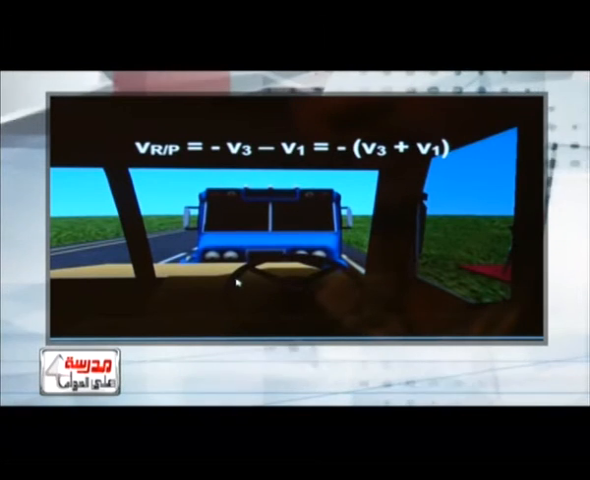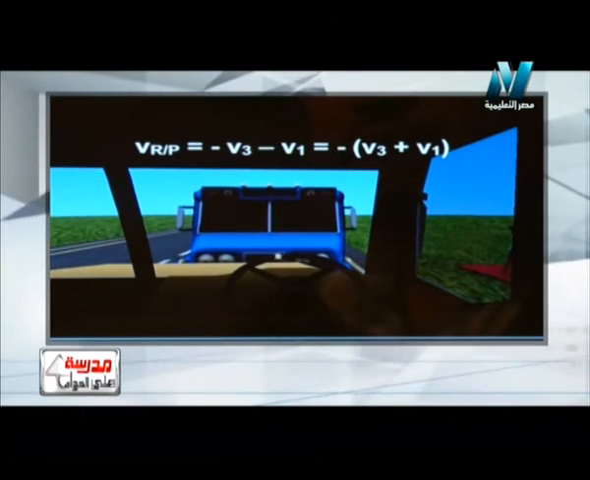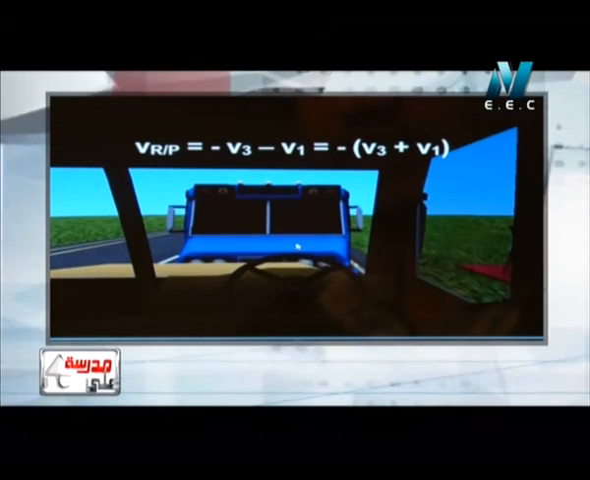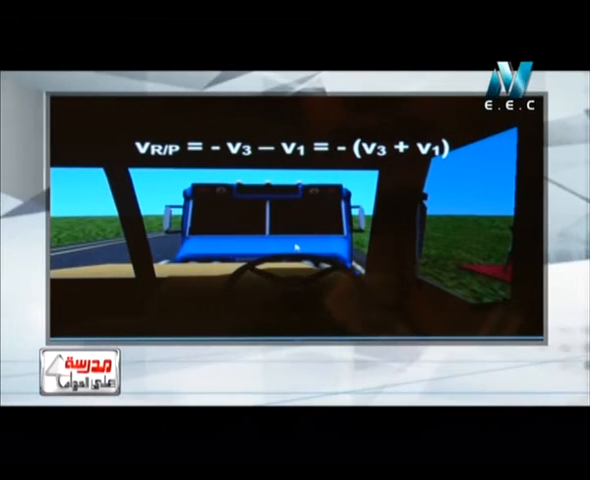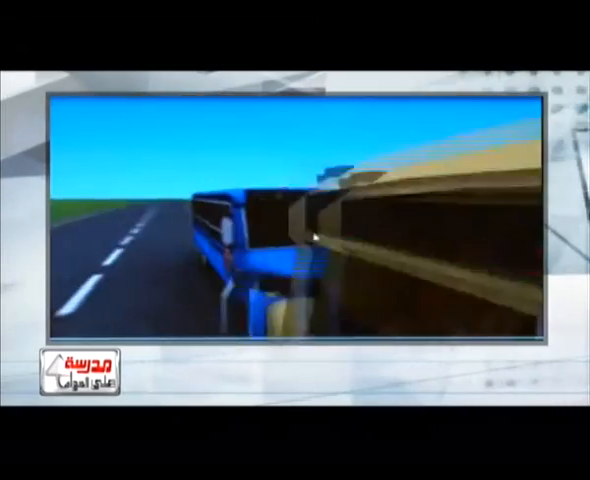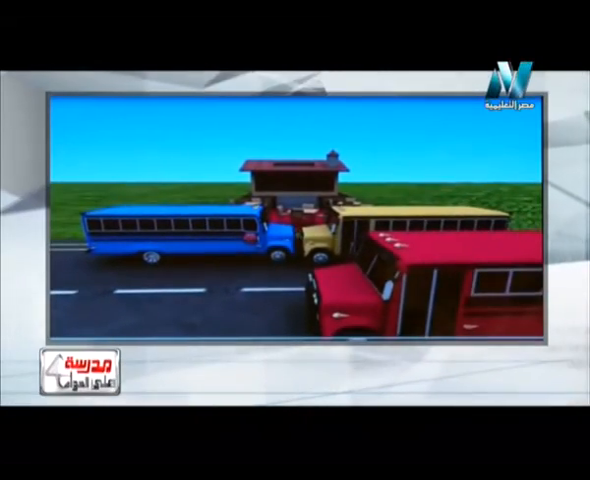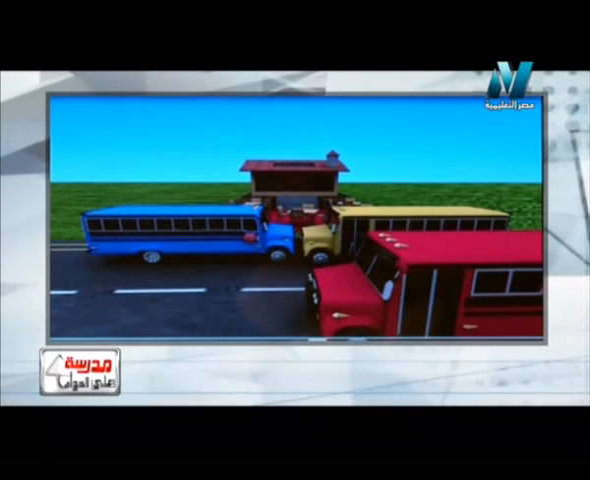100 minus 100 equals 0. But we have another object that moves in the opposite direction. In this case we will calculate with plus. ساعتها هضطر أجمع. عشان كده, so here dear students, when we have two objects